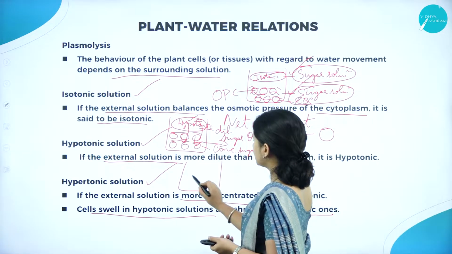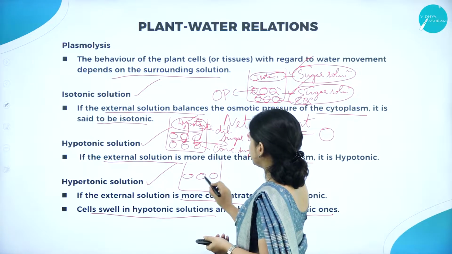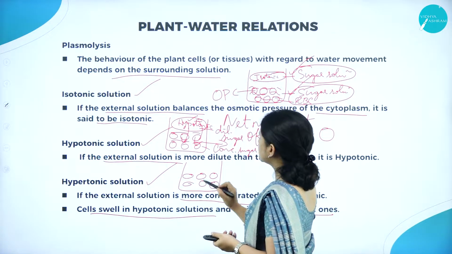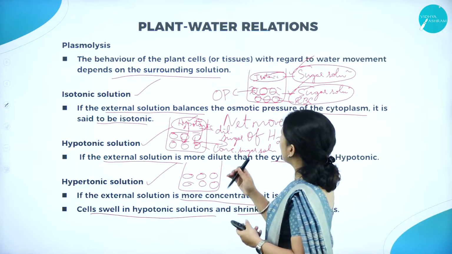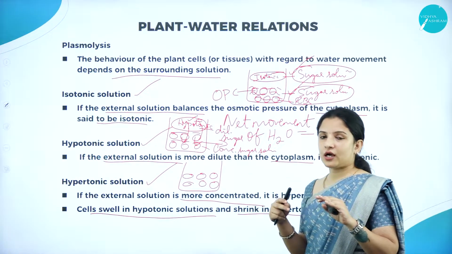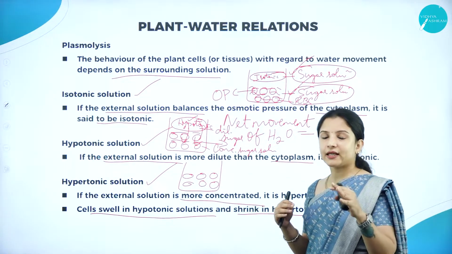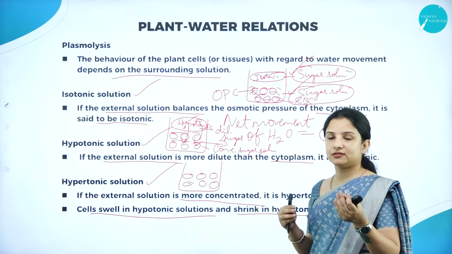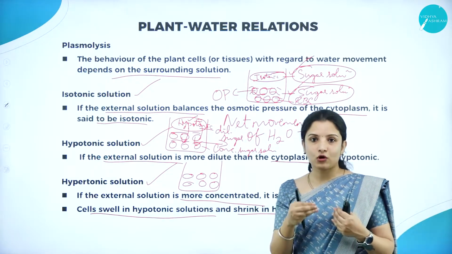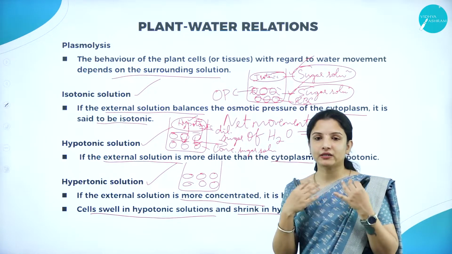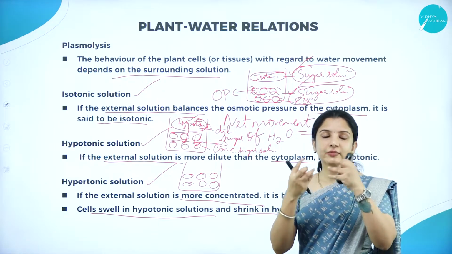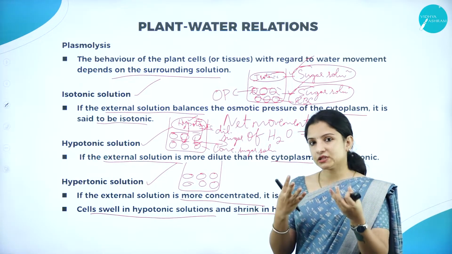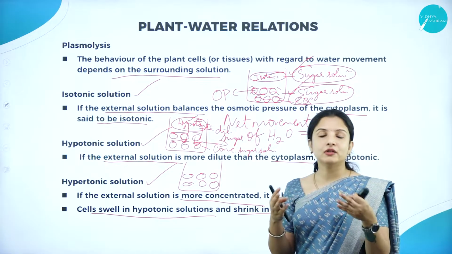So hypertonic solution, here there are cells. Or else we'll not talk about RBC. To make it easy to understand, I'll take the example of raisins. So we all soak raisins in water, right? At night we soak it. By the time we see it in the morning, it will be swollen. Will they get ruptured? No, they will not get ruptured.